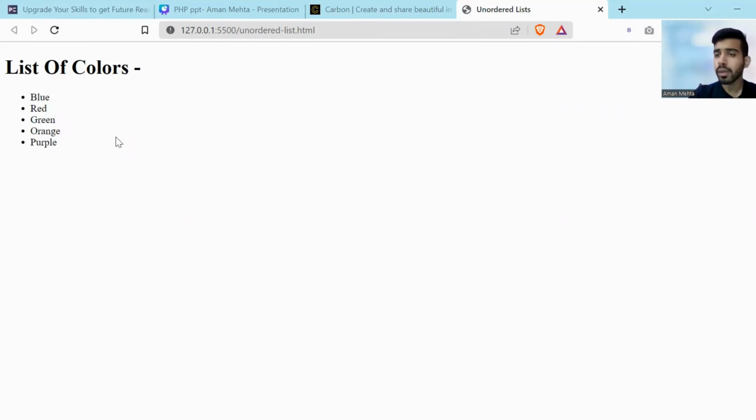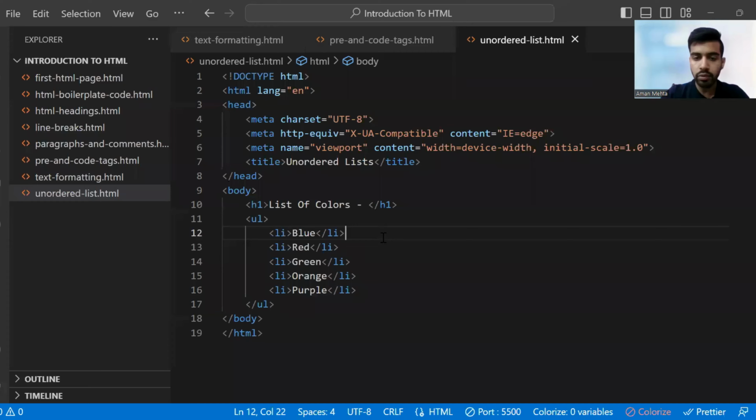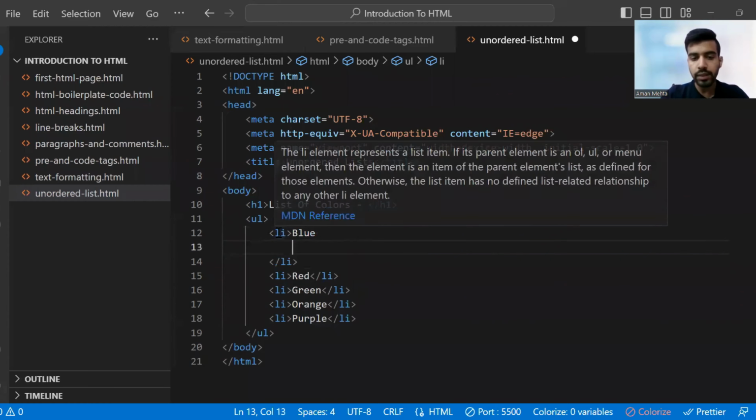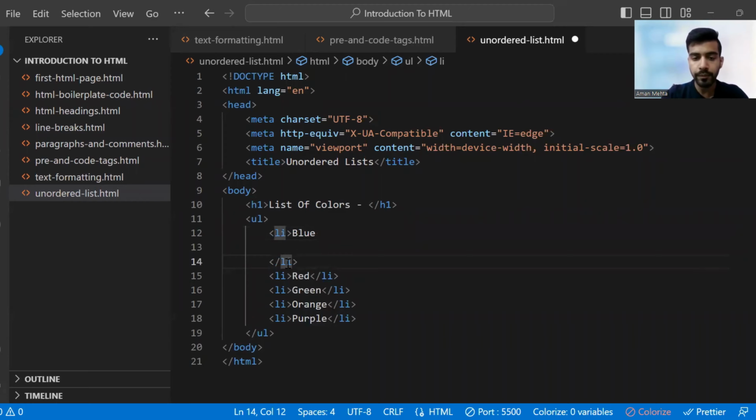We can also create nested lists, like a list inside of a list. Suppose there is the blue color. Now I want to add a list inside the blue color, like a categorization of the blue color, such as light blue and dark blue. I can do that by creating another list inside this list item. This list item starts here and it ends here. So I can create one more